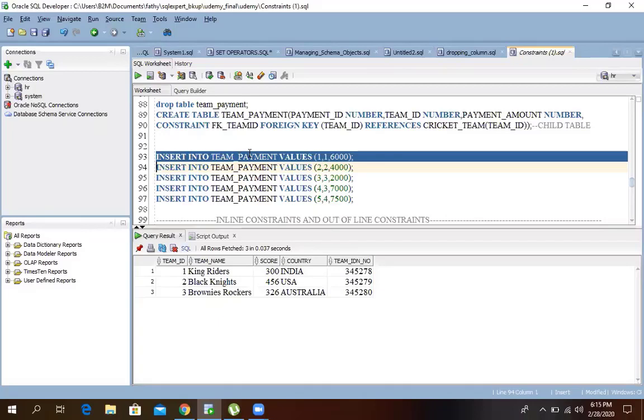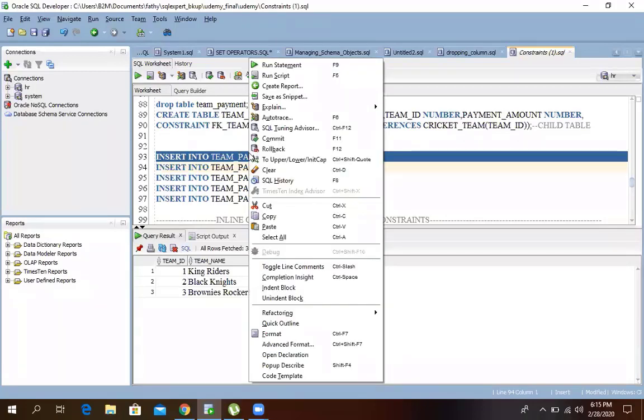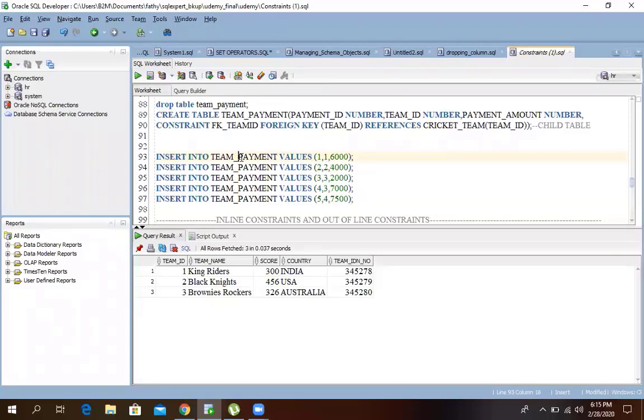Every time a column has to be created, like the foreign key constraint says about team ID, it will first check if that team ID exists in the parent table before accepting it. On the first row here, the second value, team ID, is number one. So if we check team ID in the parent table, we find team ID number one over there.